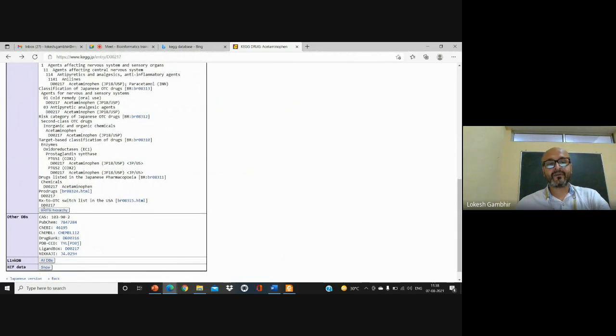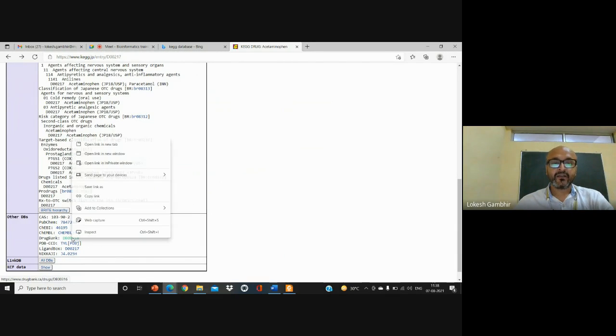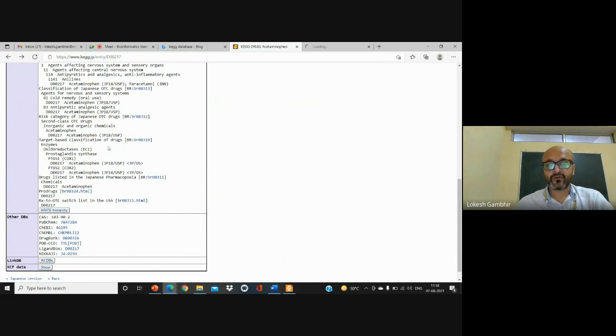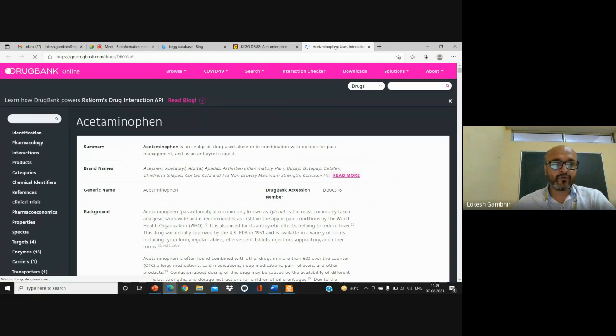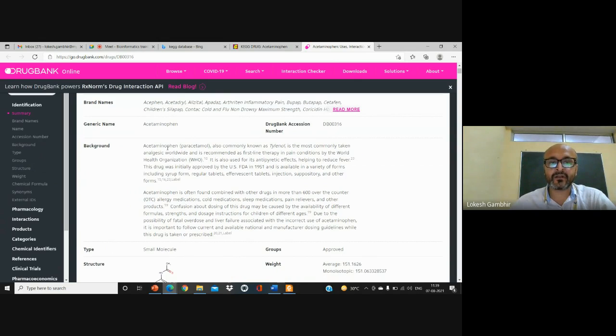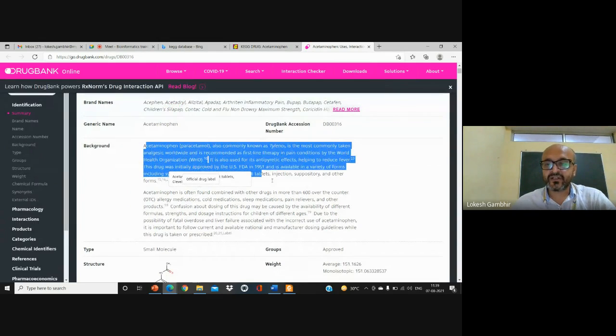And then other database links are there. If you want to see it in DrugBank, you can go to DrugBank. If you want to see it in the chemical database ChEMBL, you can go to ChEMBL. DrugBank is perhaps the best drug database online that is available, in my opinion. So you will get the complete understanding of the drug, what the drug is, what function it performs,